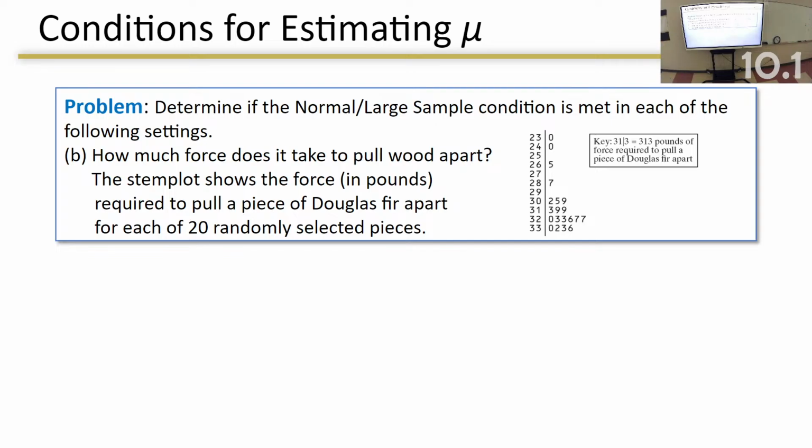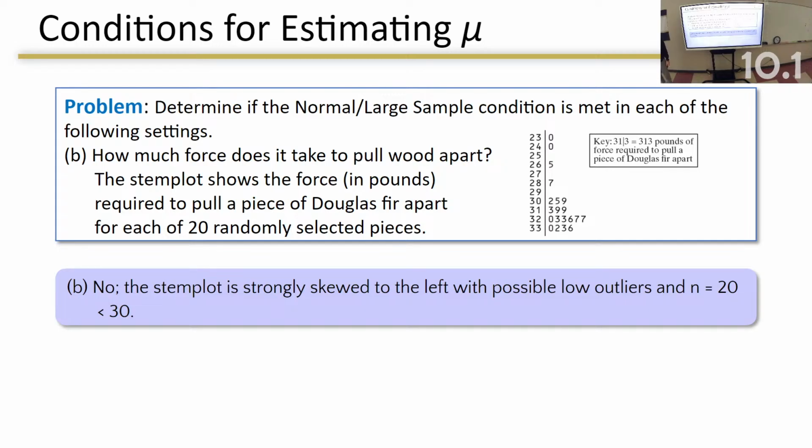the time we don't. My sample size is not large enough because I only got 20, so I've got to look at that data. And that data is way strongly skewed. Not only is it strongly skewed, it's got several gaps in there. So this one does not meet the criteria. The stem plot is strongly skewed to the left, possible low outliers. Possible low outliers at